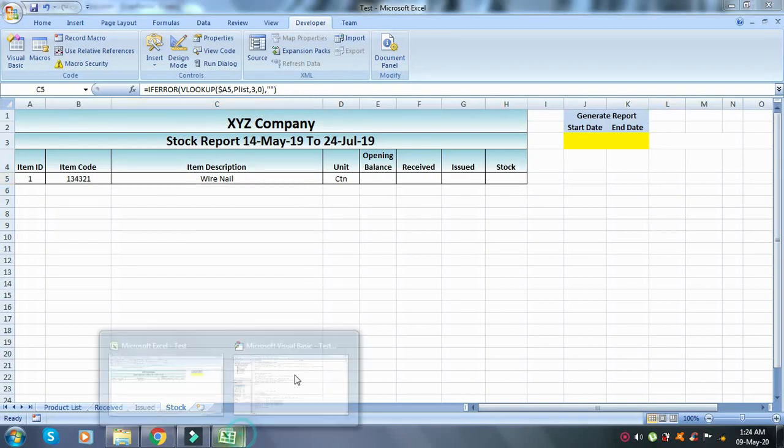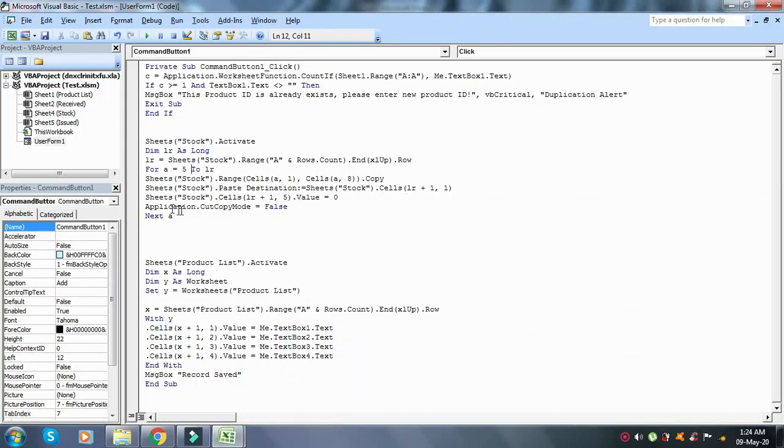Then again SheetStock.Paste Destination:=SheetStock.Cells(LR + 1, 1). Now it will paste in the last row plus 1, meaning when our data is finished, in the next row it will add the data in only the first column.